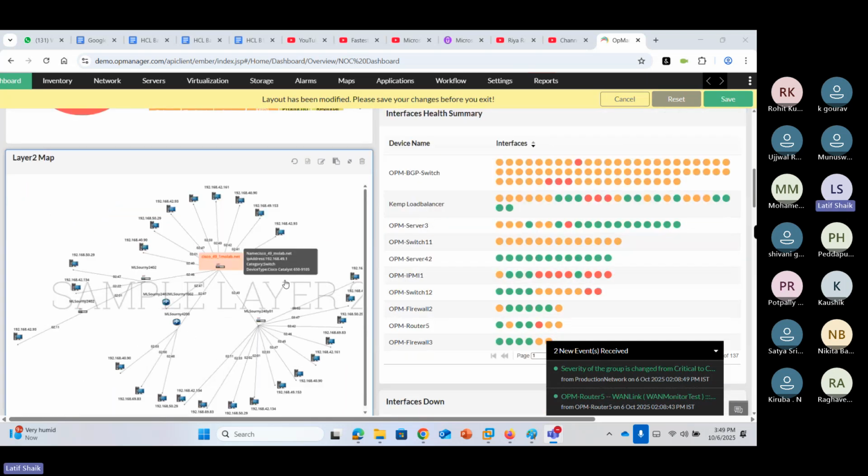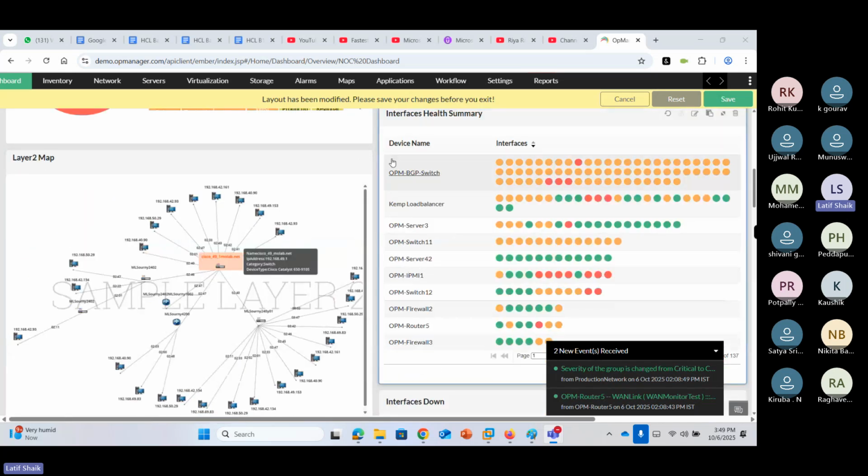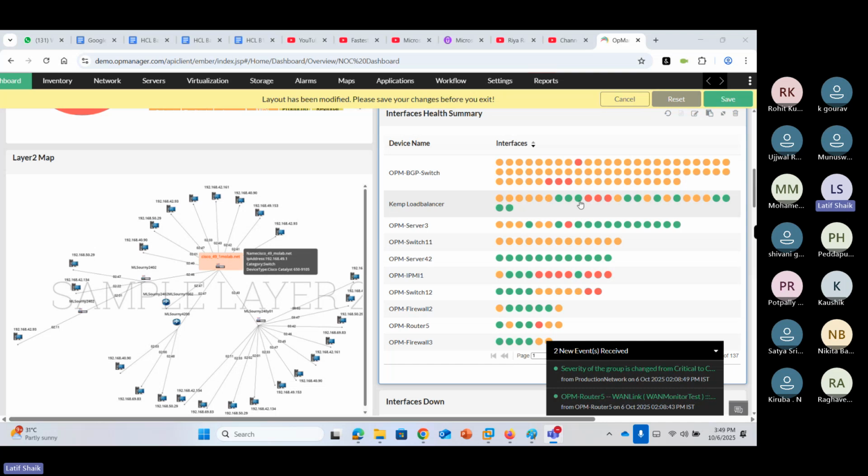This is another layer, the Layer 2 map. This is the heat map, and this is the interface health summary. Some servers are always up and running, but some are having troubles. Sometimes it is down, sometimes up, sometimes in trouble.